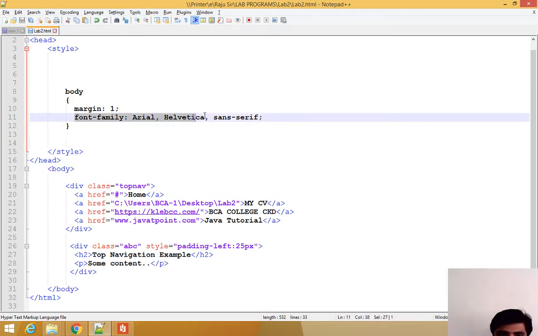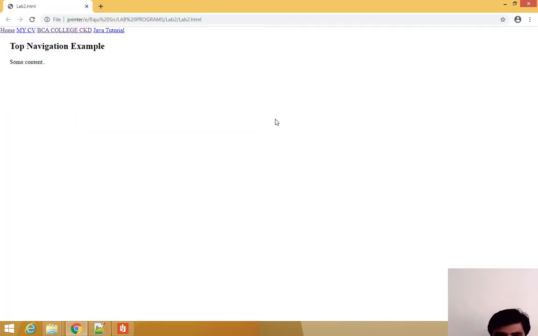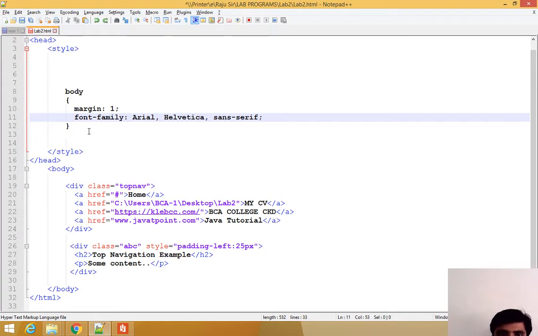I am removing this font family, save, and here you can see the previous one is Times New Roman. After adding Arial, sans-serif, which is one of the font families in CSS, save. After refresh, the font family is changed.